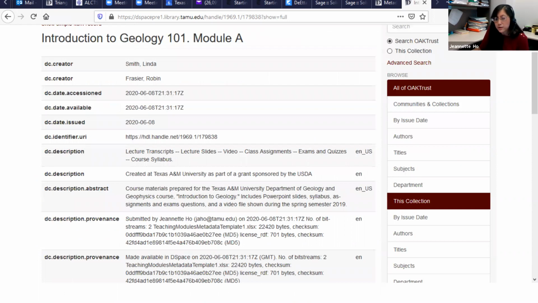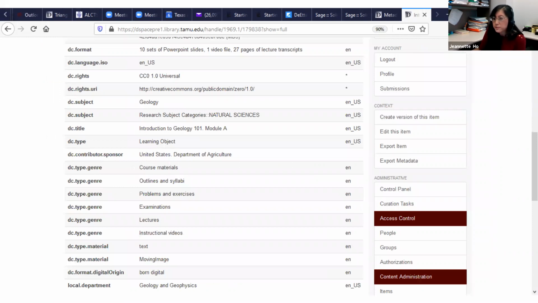And here's a back-end view of it. You can look under the hood and see how each metadata element maps to different Dublin Core elements within Oak Trust. And on this slide, you can see various additional elements that we require be put in our repository